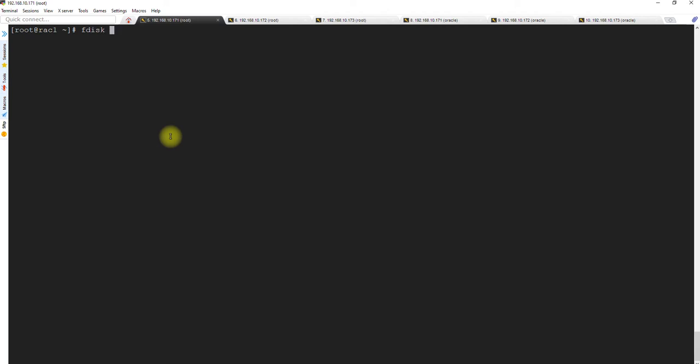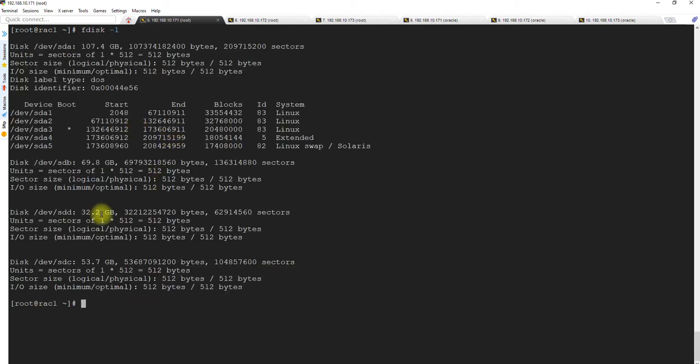So fdisk -l. You see that the 3 disks are available: 65, 30, and 50 GB. We need to make sure that we partition these disks. The disks are available in RAW, but nothing has been partitioned yet.